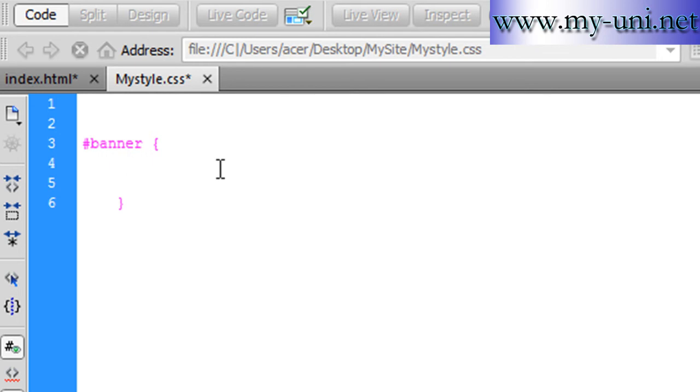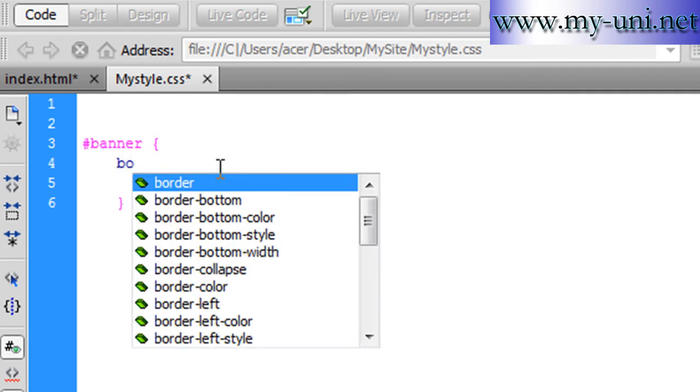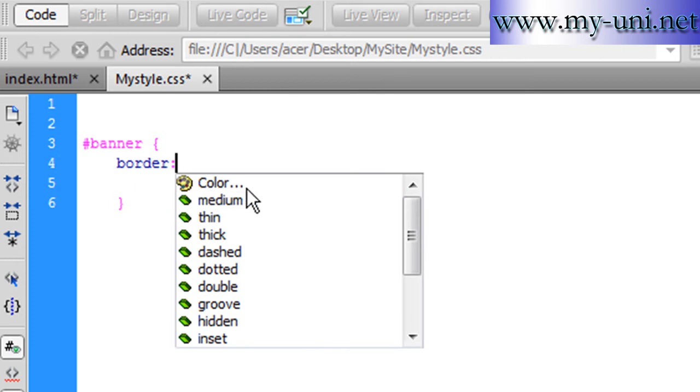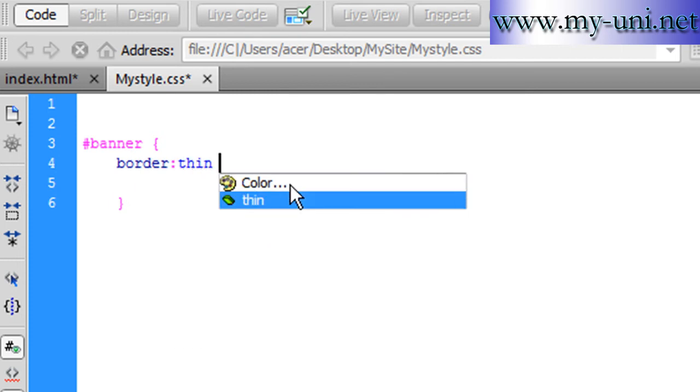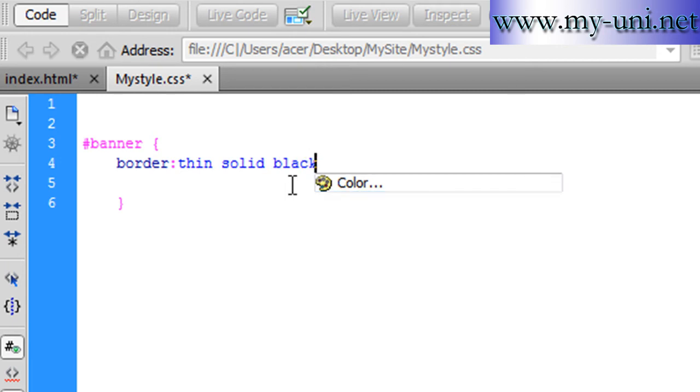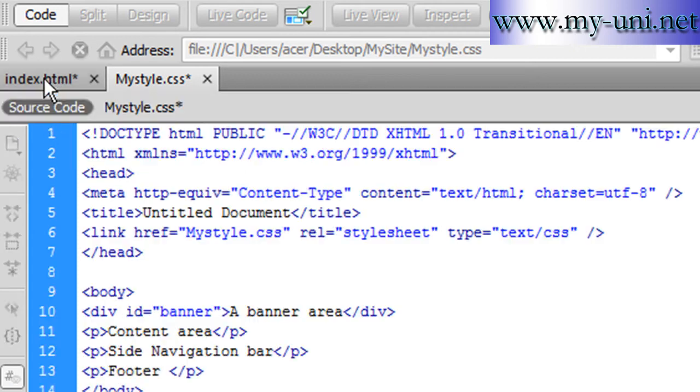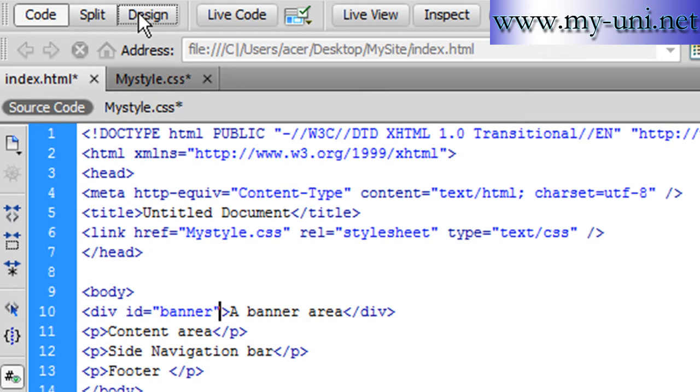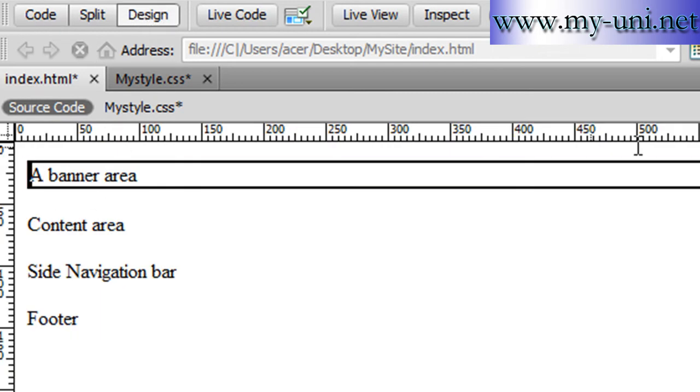I'll press Control space bar, border, I'll say thin, solid and black. We want a thin solid black border for this one. And if I go to index page and I go to design view, should have a border around this banner